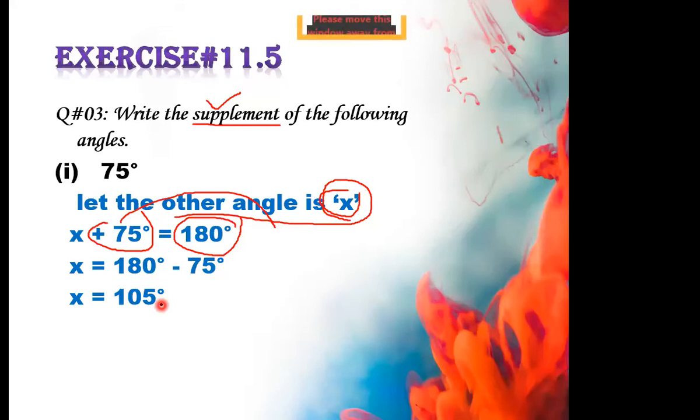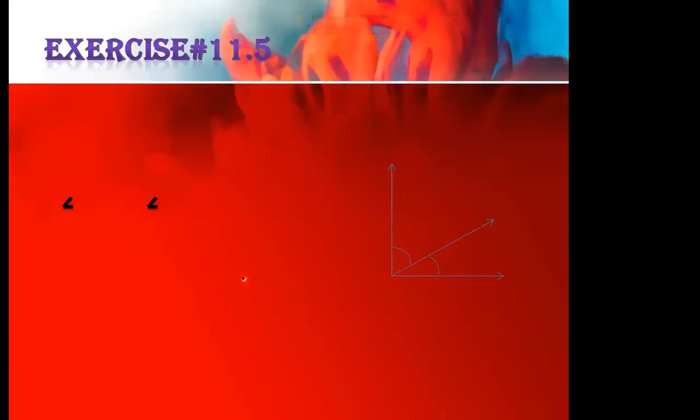Is it clear? So what you have to do is find the complement or supplement of the given angles. If you are going to find the complement, you will subtract from 90 degree, and if you are going to find the supplement, you will subtract from 180 degree. Understand? Now we are moving towards the next question of the same exercise, 11.5,